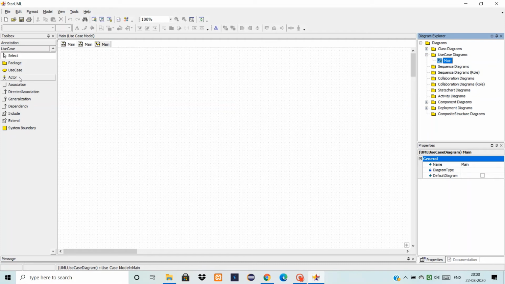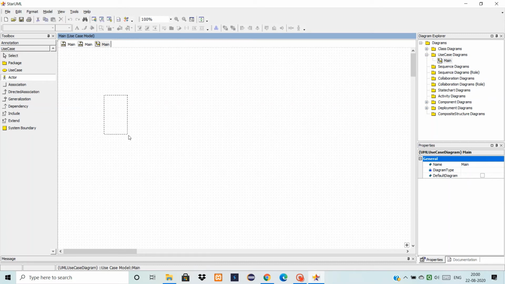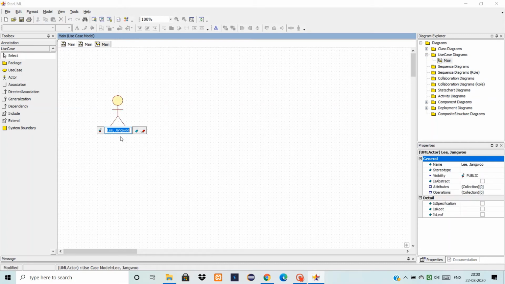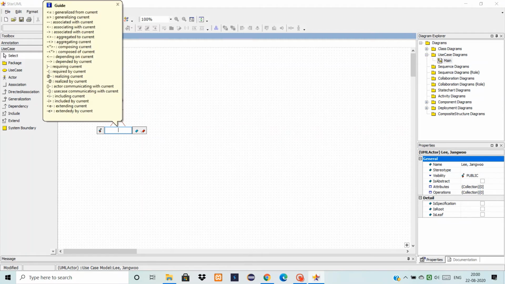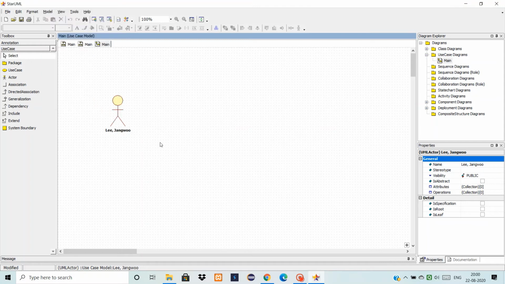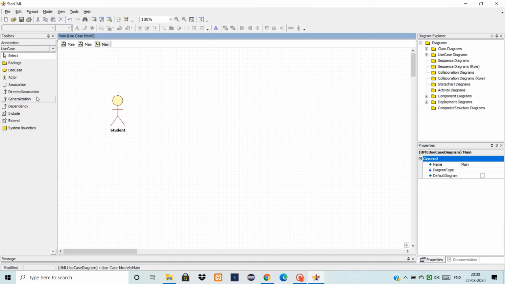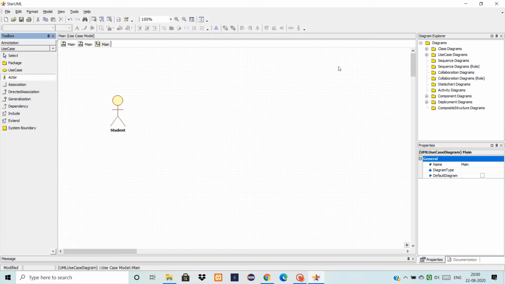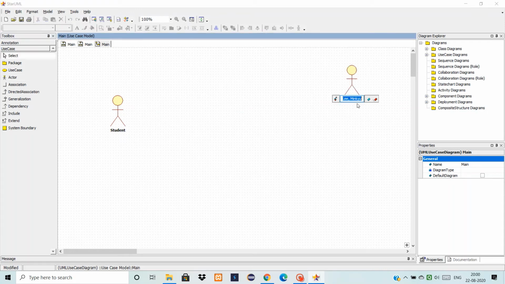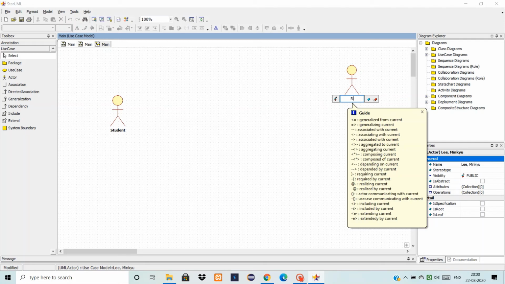We'll select actor, and you can see that it provides a default name, and I'll edit that to student. That is one actor. The next actor, as I mentioned, can be a rector. So I write here rector.